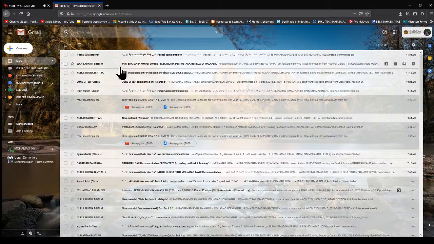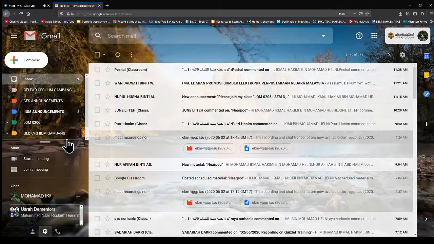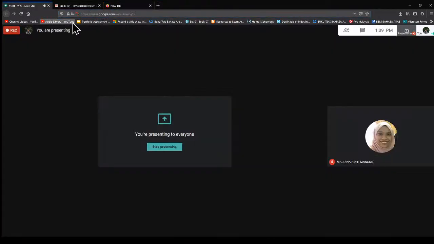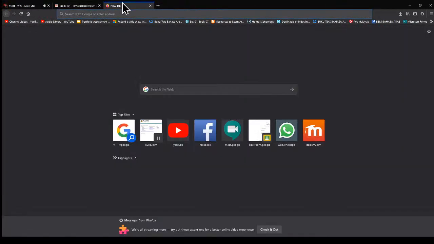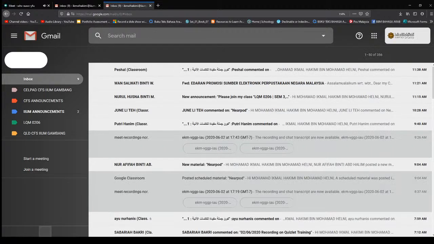So you have to go to your Gmail. At the sidebar, the left side of your Gmail, you can see that there is an option for you to either start a meeting or join a meeting. So you just click join a meeting, and then you can simply insert the meeting code. How can you get the meeting code? If the teacher has sent you the meeting link,